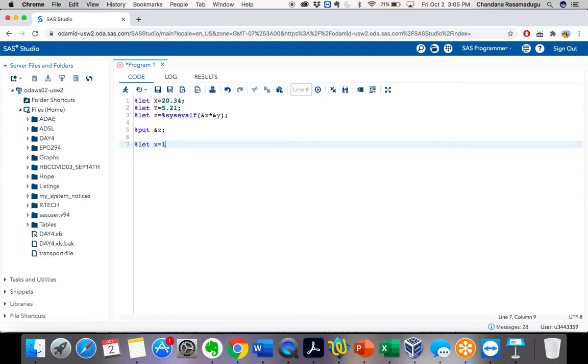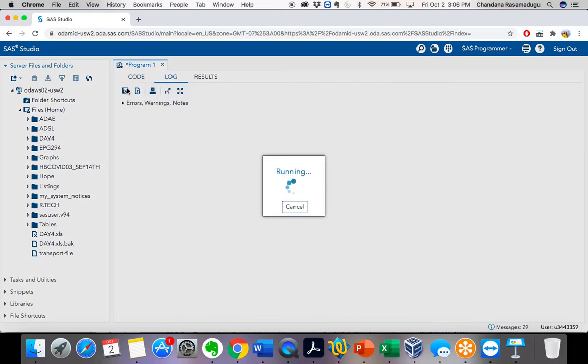Now here I am taking %let x equal to 10, and I want to take another variable %let y equal to, let's create something like r, &x, then a semicolon and Chandana. So now this is my value. Now I want to check what value will be stored in y. Like earlier, will it substitute this 10 for &x? First, let's create a macro with this.